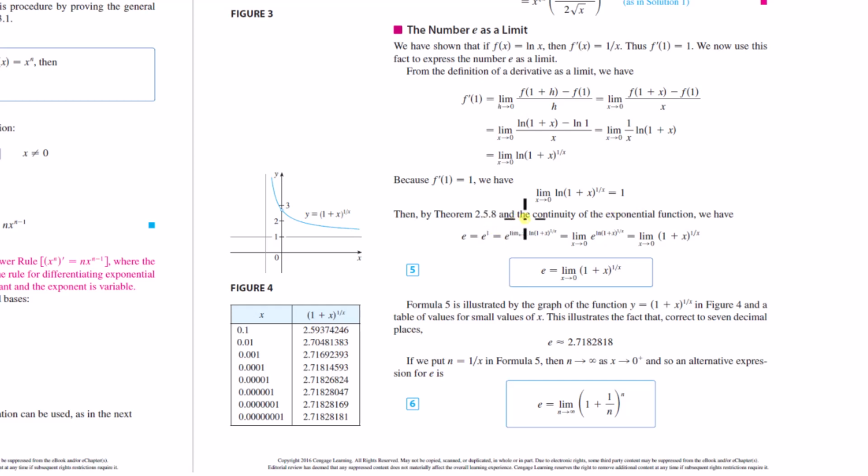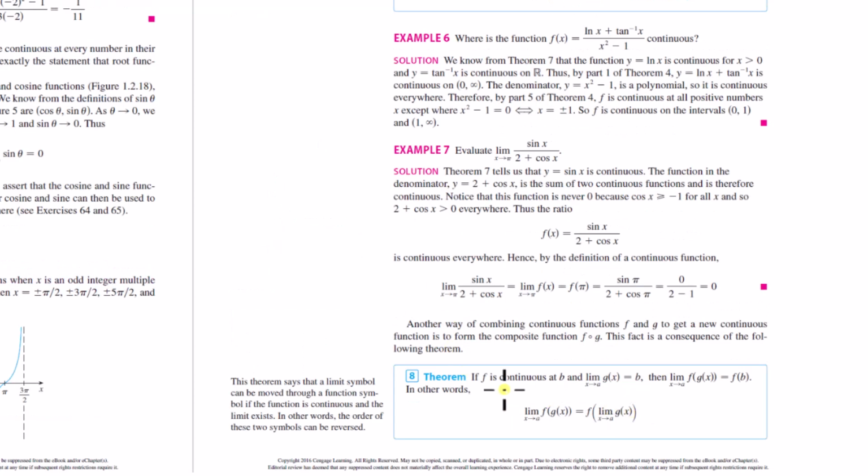Now, what they do is they say, okay, by theorem 2.5.8 on the continuity of the exponential function, we have, so e is equal to e to the first power. So e, this is 1, but what is 1 equal to? They put this limit in here. But now they can bring e inside of that limit, and they use that theorem 2.5.8. And if we come to that theorem,